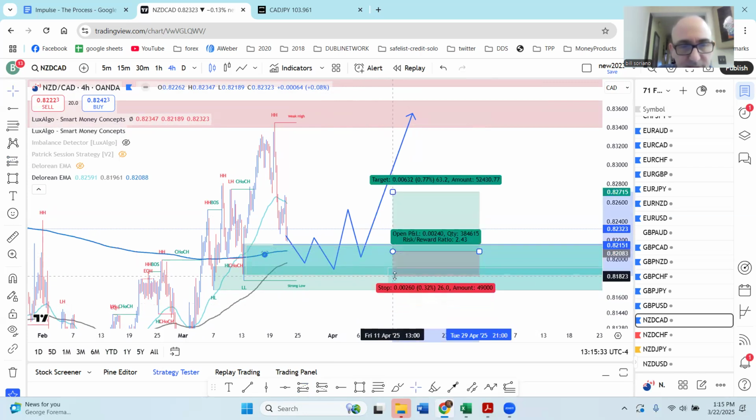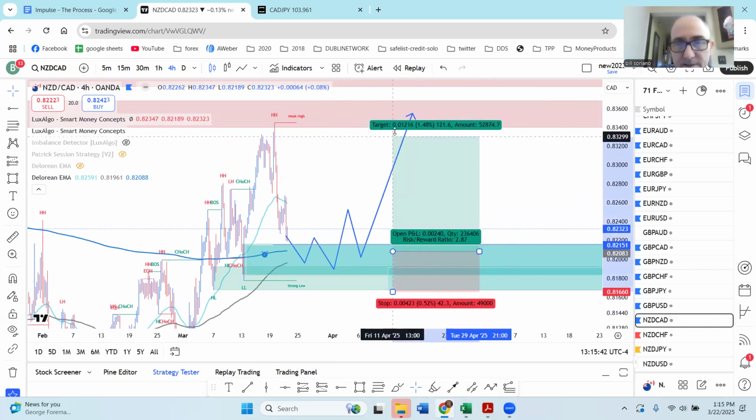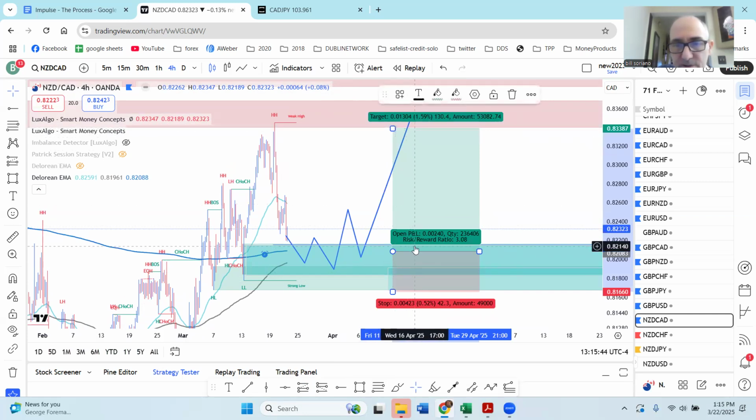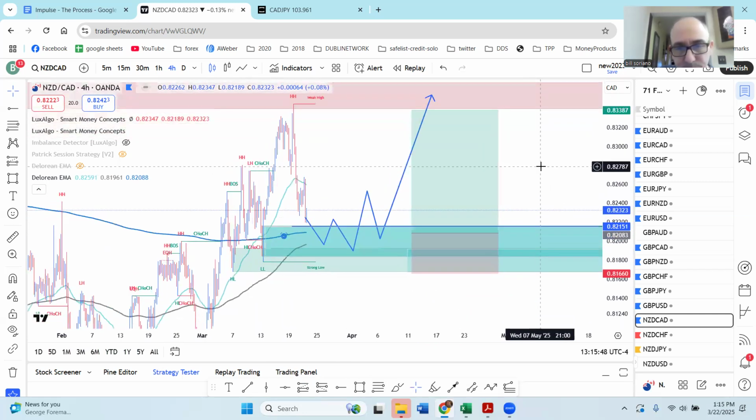Instead of using just that first zone, you're going to have to extend that down to this zone here, okay? But again, your profit target would be at this supply zone here, so you'd still have a 1 to 3.08 there, okay? And then the other thing you have to watch sometimes is